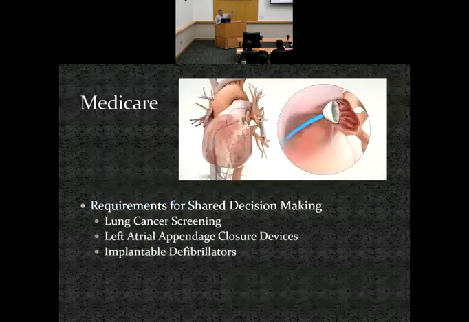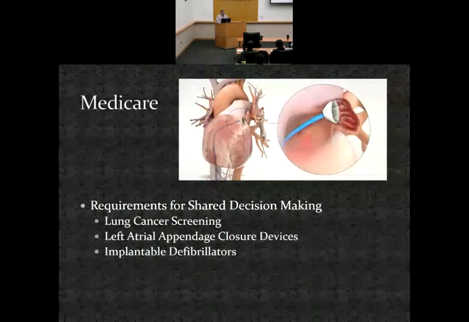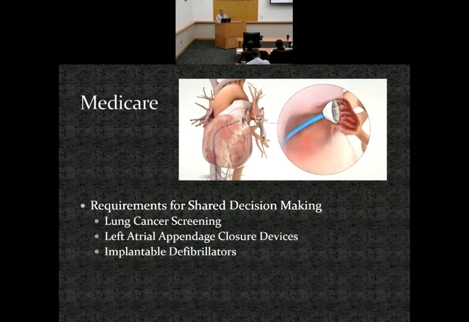But Medicare has been doing this for more and more things. They've done it for lung cancer screening was the first decision where they mandated shared decision-making. And they did it again for left atrial appendage closure for atrial fibrillation. That's that Watchman procedure that you can use if you can't tolerate blood thinners. And now defibrillators. And we just got some insight that they might be doing it for the transcutaneous aortic valve replacement in an upcoming coverage decision. We heard that from one of the lobbyists at the American College of Cardiology. So CMS is on to this for whatever reason.